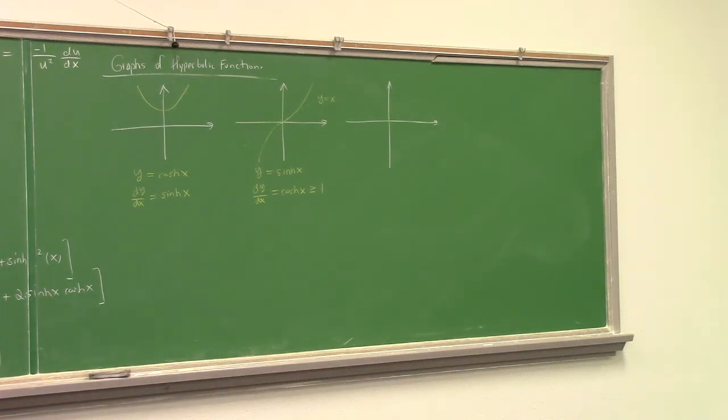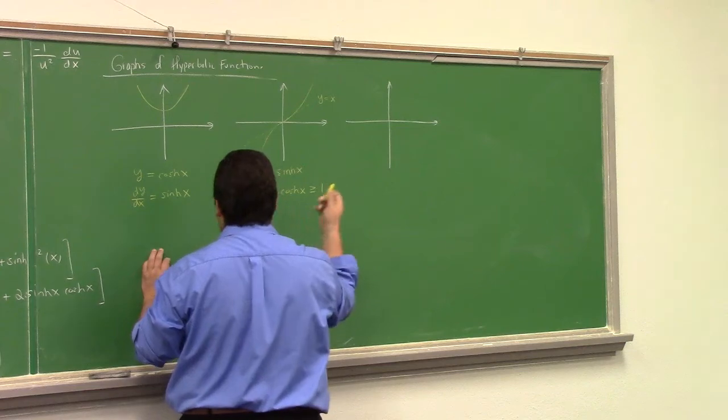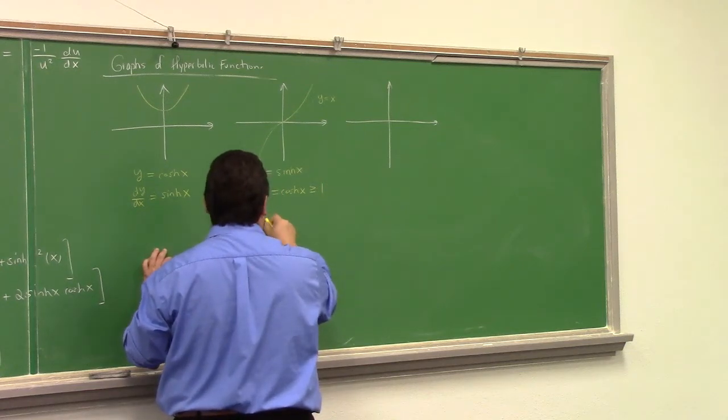But otherwise, sinh is everywhere increasing, right? So sinh is a strictly increasing function. Cosh is sometimes decreasing, sometimes increasing, right? So we also talk about inverse hyperbolic sine, inverse hyperbolic cosine, right? So notice that, this is basically it. Inverse hyperbolic sine